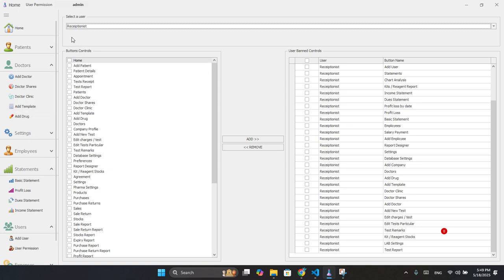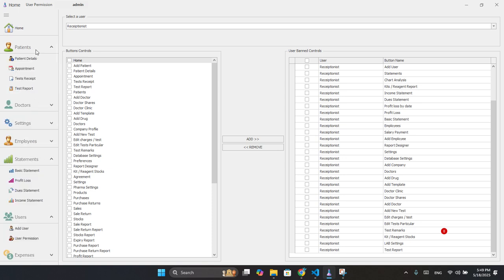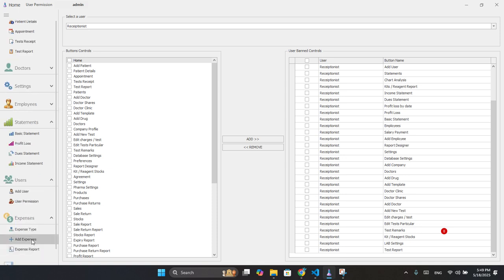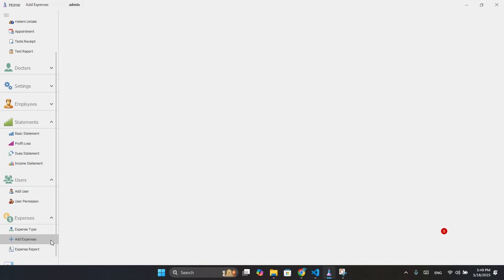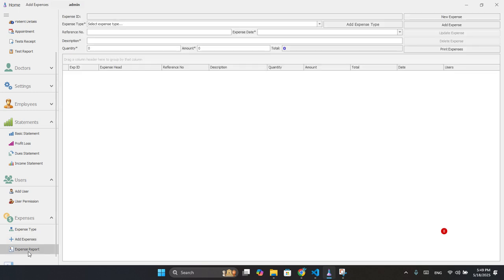So once we log in as a receptionist, we will only be able to enter the test receipt and appointments. He will be able to create appointments and test receipts. He will not be able to do anything else. So these are the expenses, where you can add the expense types and add expenses from here. Then you can generate the expense report, and